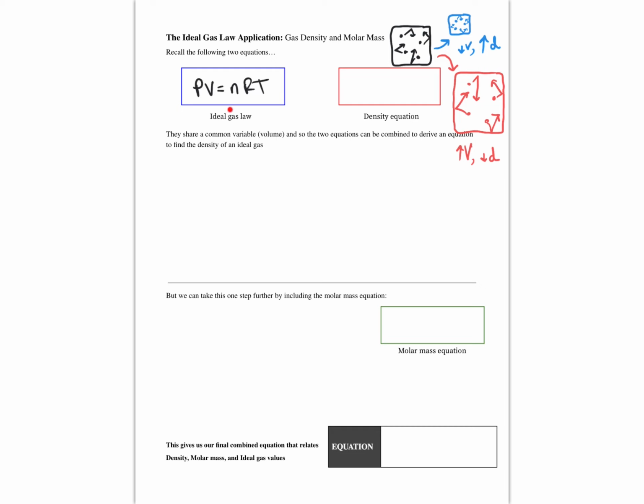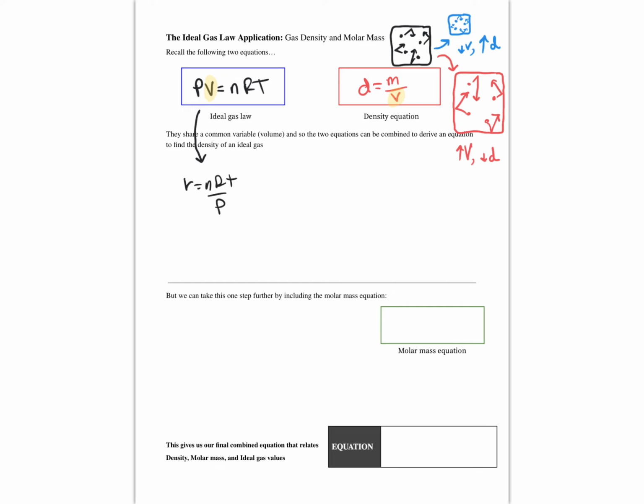PV equals nRT for the ideal gas law, and density equals mass over volume. And one thing you've likely learned in your math class is that if two equations have the same variable, you can actually combine them into one equation. We do this by setting both of these equations to volume and then combining them into one equation by eliminating that volume variable. So we can rearrange the PV equals nRT equation into volume is equal to nRT over P,